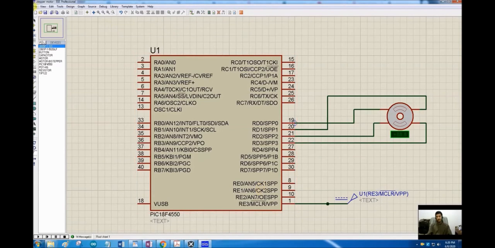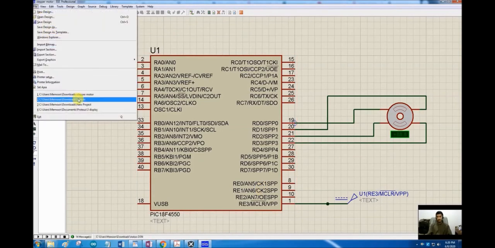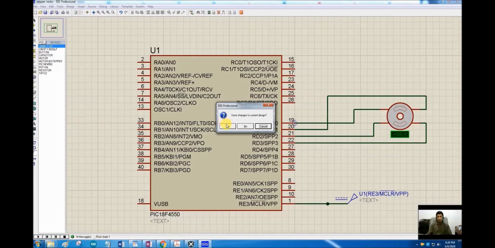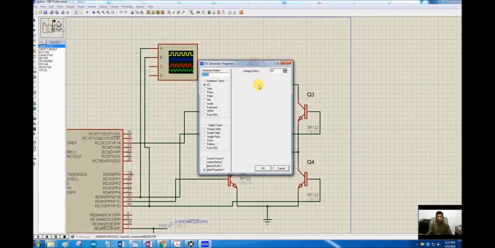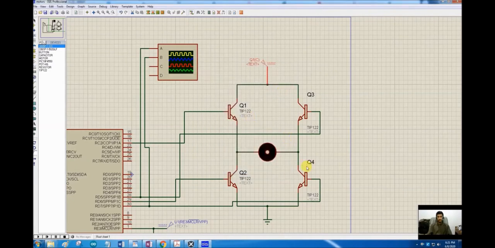One thing I would like to add here is that if I can open our previous design here, I quickly told that I have set the voltage value to 20 to power up this H bridge. So you can see here that my microcontroller IC is working only from 0 to 5 volts, but I can control some other hardware interface devices that are operating at much higher voltage than the operating voltage of the microcontroller using some external circuit design.